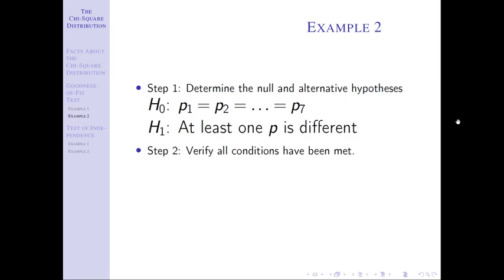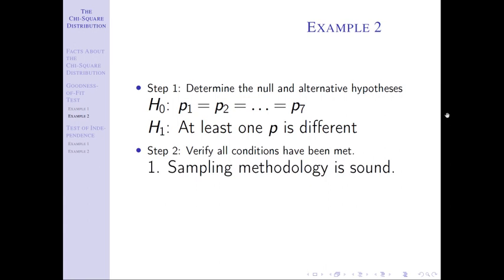Notice when we wrote it out in generic way, we put P1 equals P2 equals all the way to PK for how many groups there are. This time I don't have to put K. I want to put 7 because I know there are 7 groups. So I always want to specify how many groups you have. If I had fewer groups, I would not use the dot dot. I would actually write them out, but that seemed a little bit annoying. But you could have written P1 equals P2 equals P3 equals P4 equals P5 equals P6 equals P7 if you really wanted to, and that would have also been acceptable.